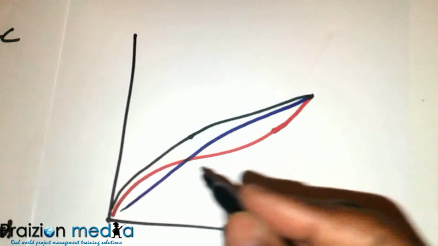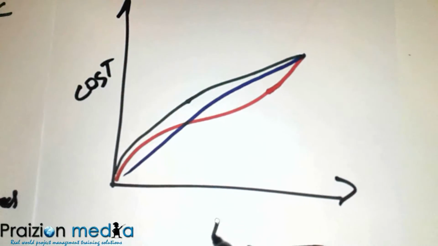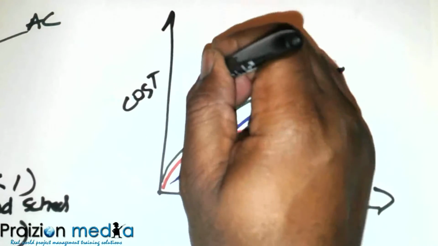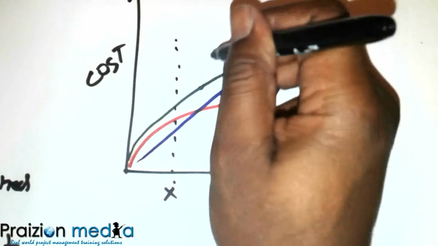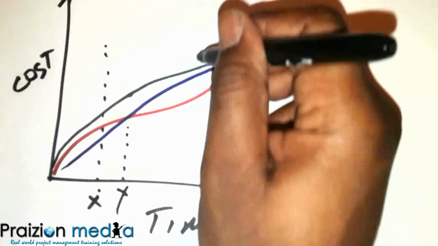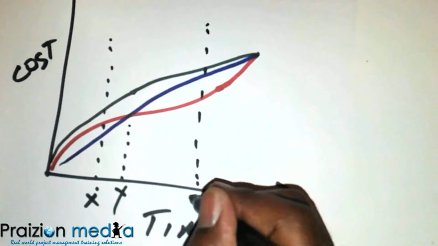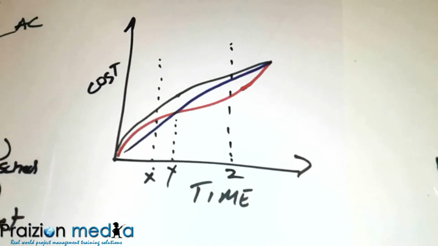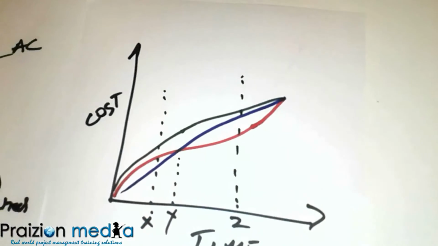The question is typically, if this is the cost and this is time, let's say we have various points: point X, point Y, and point Z. The question on lots of these PMP mock exams is typically,